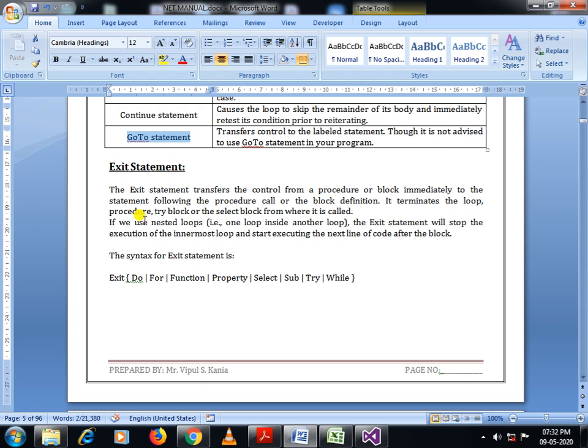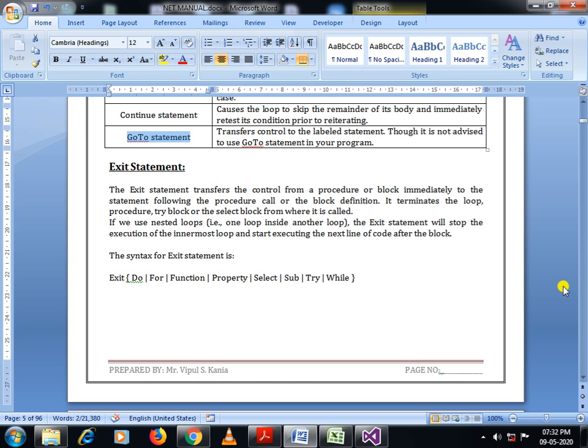So the first one is the exit statement. The exit statement transfers the control from a procedure or block immediately to the statement following the procedure call or the block definition. It terminates the loop, procedure, try block or the select block from where it is called.